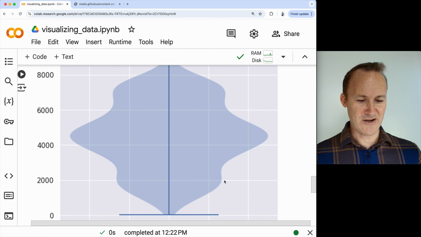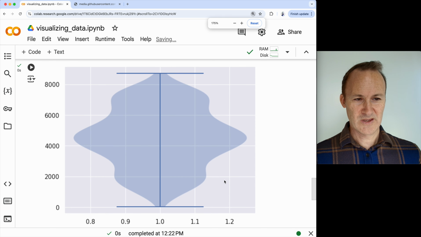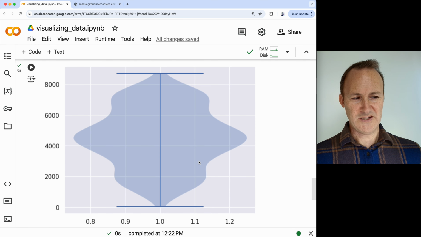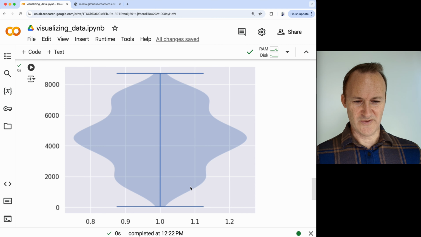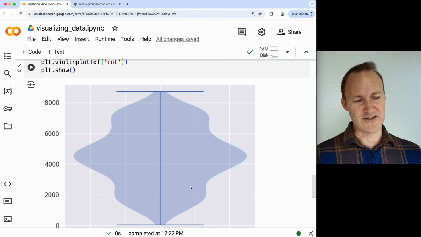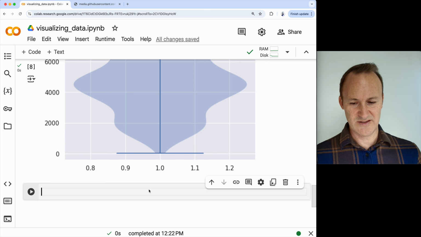Now, how do you interpret this thing? Well, it's sort of cool because what it does is it shows you the shape of the data, which is more than a box plot does. Okay, it's sort of like a box plot with more information. I'll show you by comparison the box plot. I like the violin plots, but